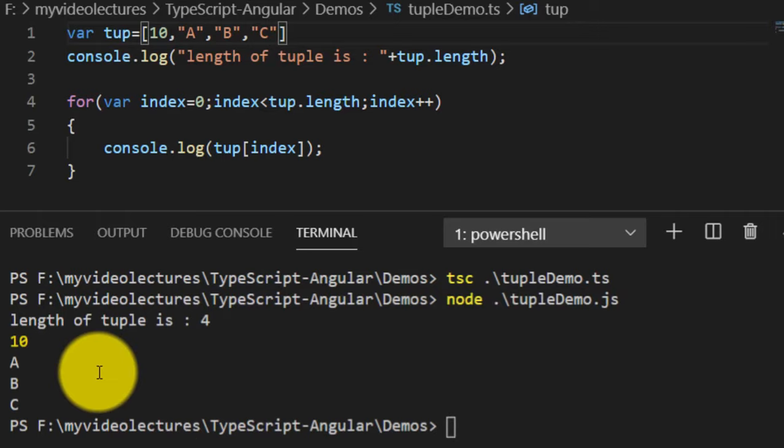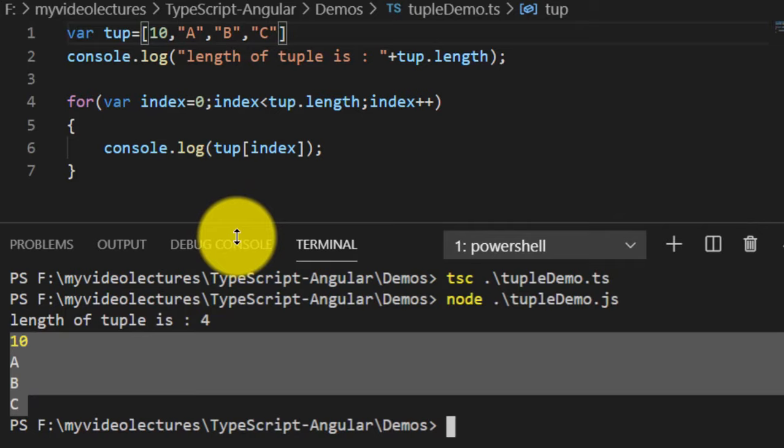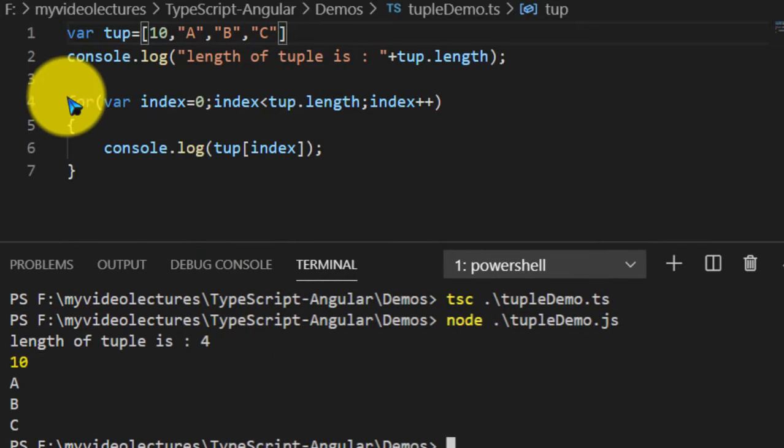Now look at it in a, b, c. So in this way you can work on a tuple.